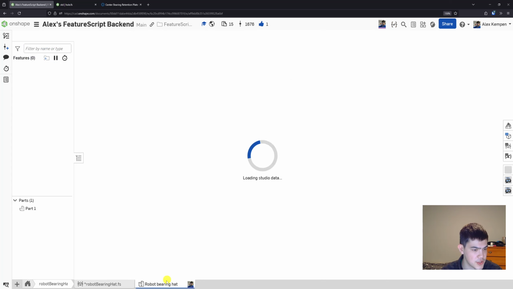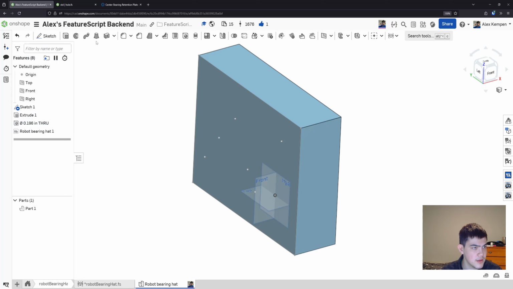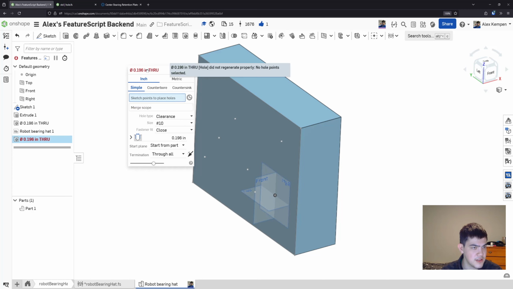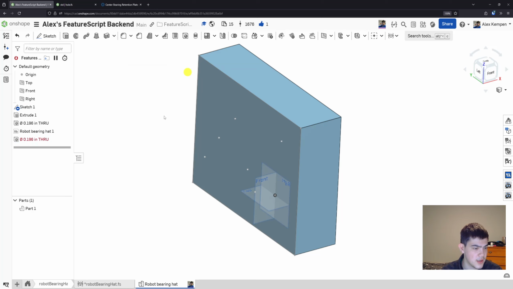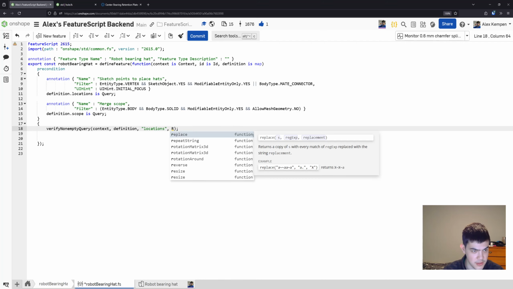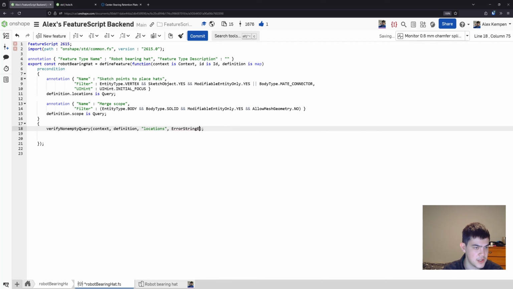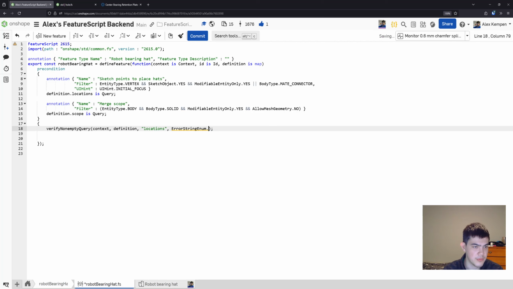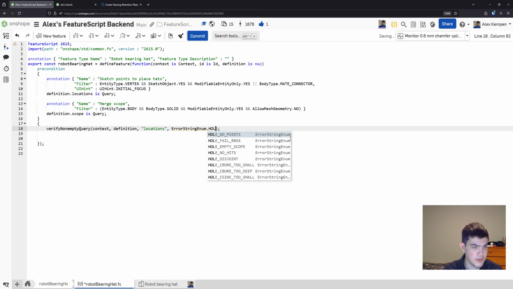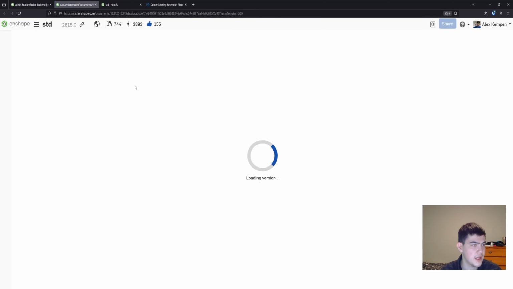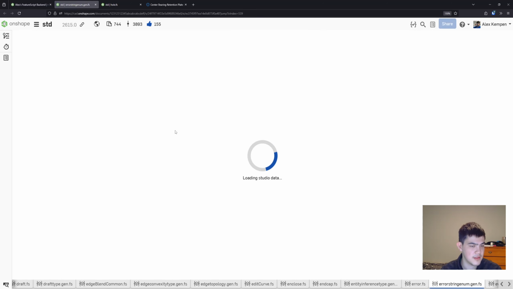And I think I could actually, if I wanted to get extra fancy, let me see here. Yeah, so you can see by default it says no hole point selected. And actually, I do like that error a little bit better, so I am actually going to use that. The way you can use Onshape string enums is you can type out error string enum. It's marked as hidden, so it won't autocomplete until you type it all out. And I believe that's called hole no points. And so if we open that,